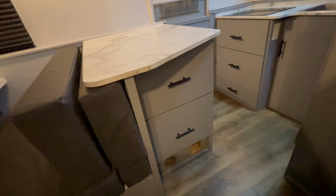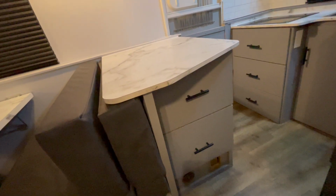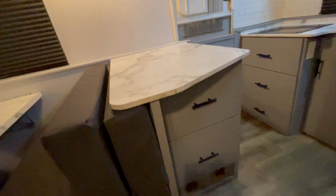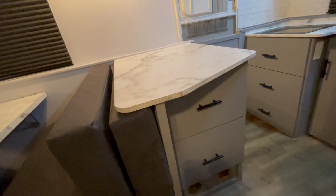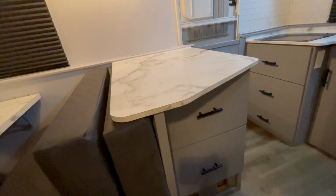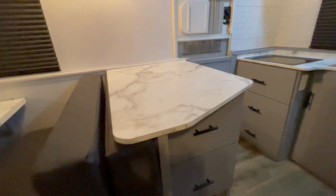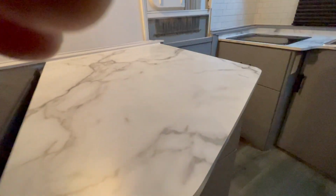But again, for those of you who are familiar with this model, you'll know that this originally is just a single door with a cavernous opening that had a hanging rod on the top of it so you could hang clothing. So I really wanted to take advantage of that space and put some drawers in there and try to use them for wardrobe drawers. So again, I built two